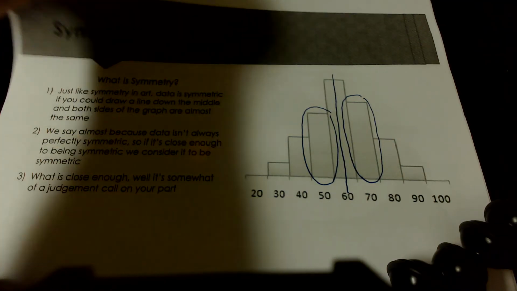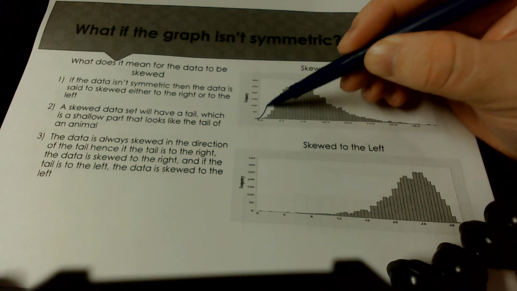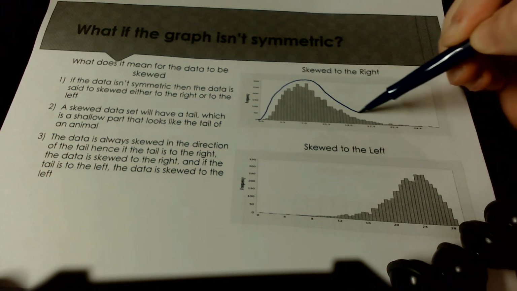Well, what does it look like if it's not symmetric? Well, it looks something like this. When the graph isn't symmetric, what does it mean for the data to be skewed? Well, if the data isn't symmetric, then the data has to be skewed either to the right or to the left. That's your only 3 options. It's either symmetric, skewed to the right, or skewed to the left. A skewed data set would have a tail, which is a shallow part that looks like the tail of an animal. So if I were to draw currently some curves over top of this data,